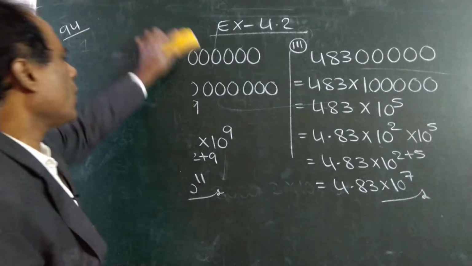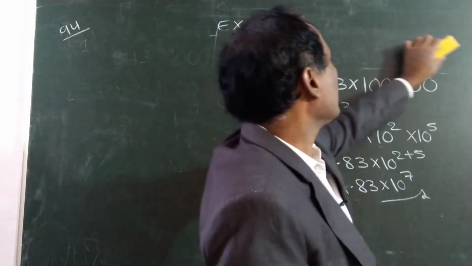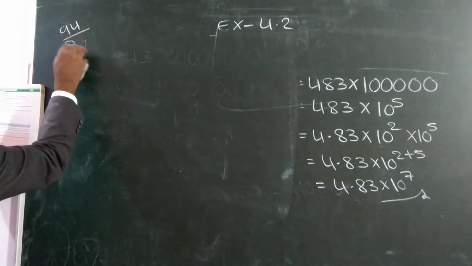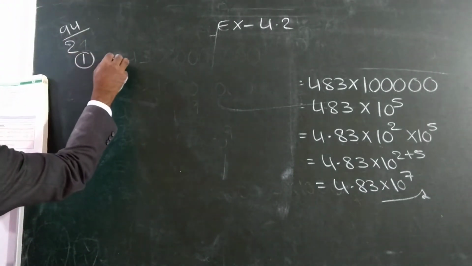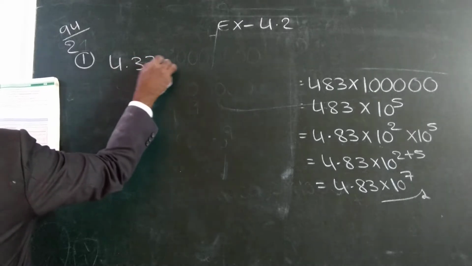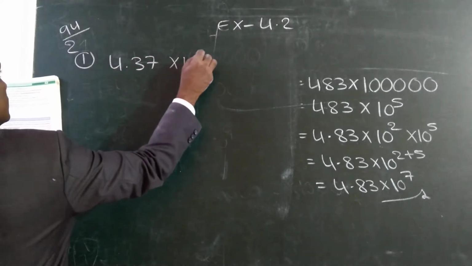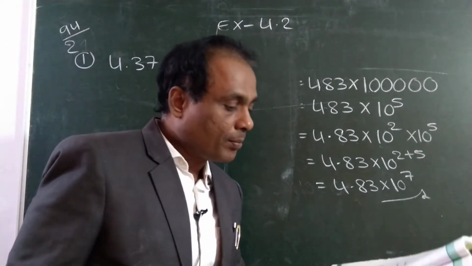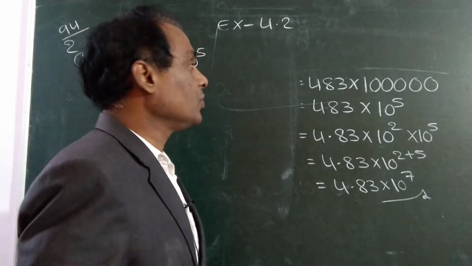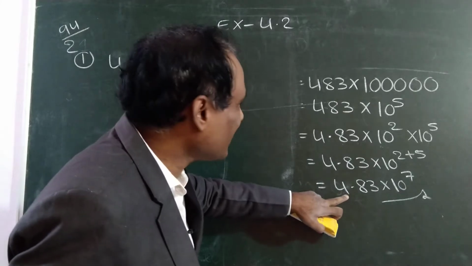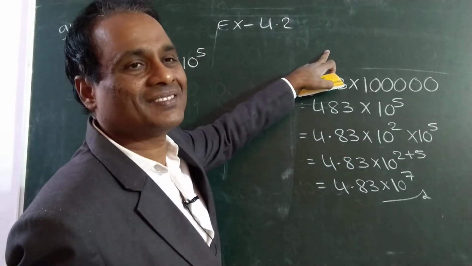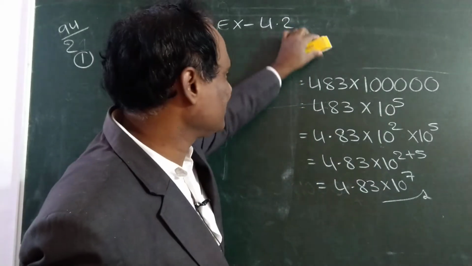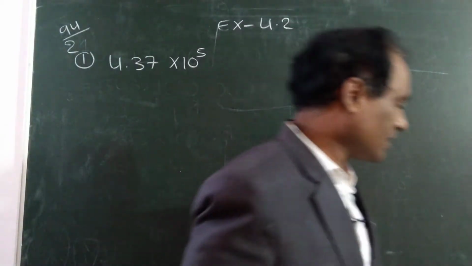Students, the first question, all bits we completed. Now the second question. It is simple only, no problem. First read the question: express the following numbers in the usual form. This will be given, and we have to get the original number. Same model, this will be given, get the original number.